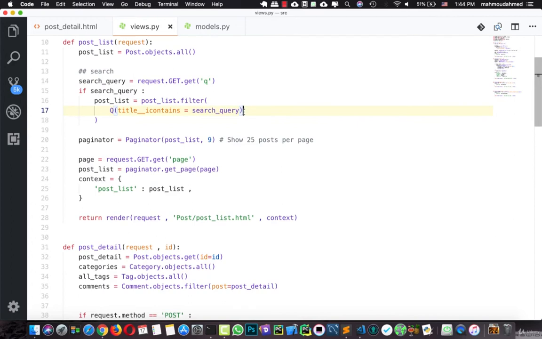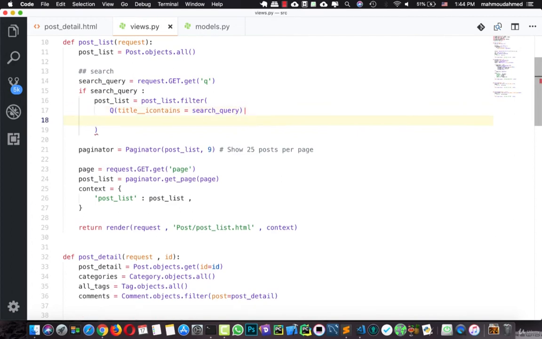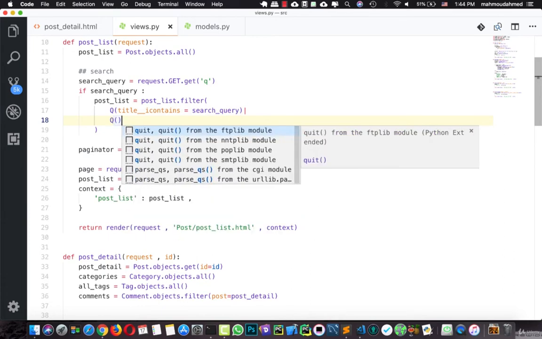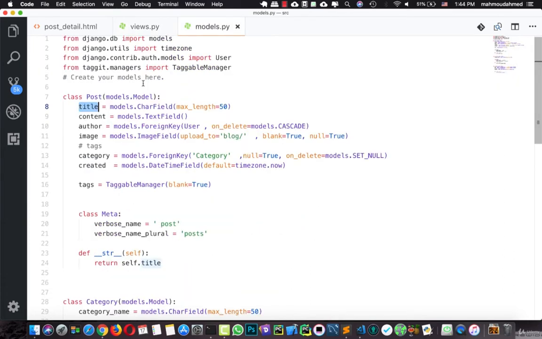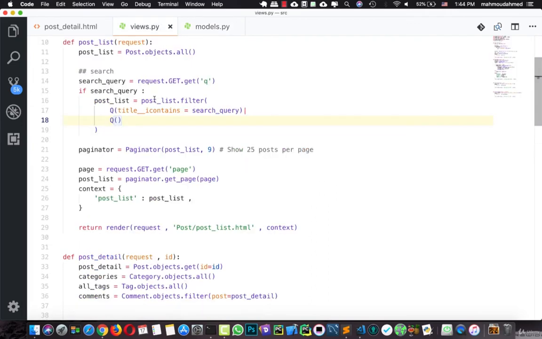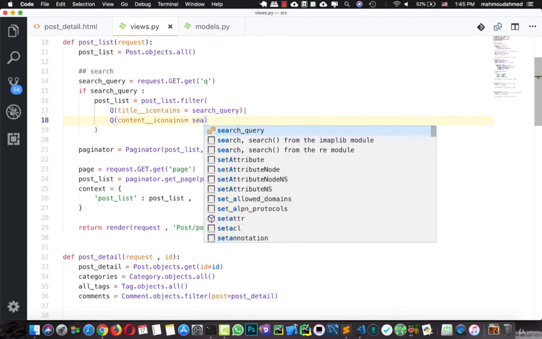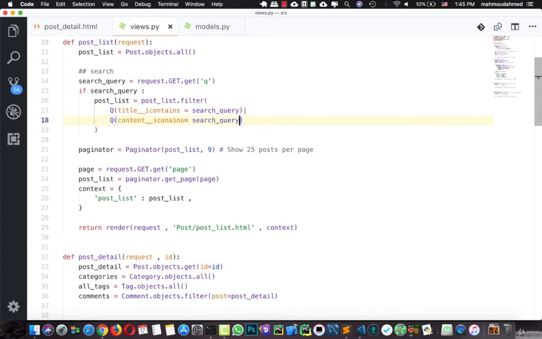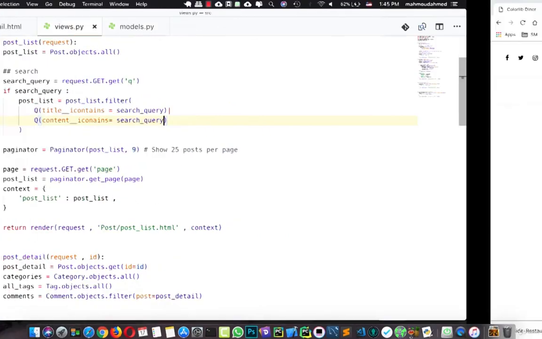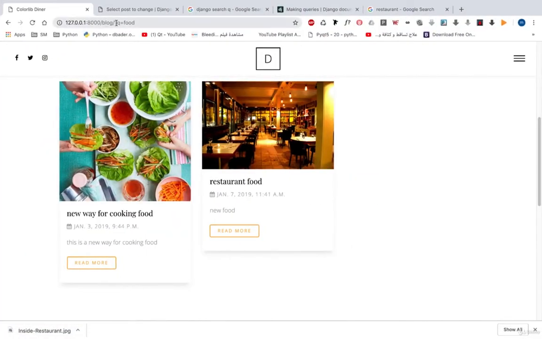So here I'm gonna put a pipe, and here I'm gonna say Q. And in our models, the description of the post is content. So here I'm gonna say content__icontains equal to, I'm gonna type search query, yeah, and let's save this. And here, if we open our blog,